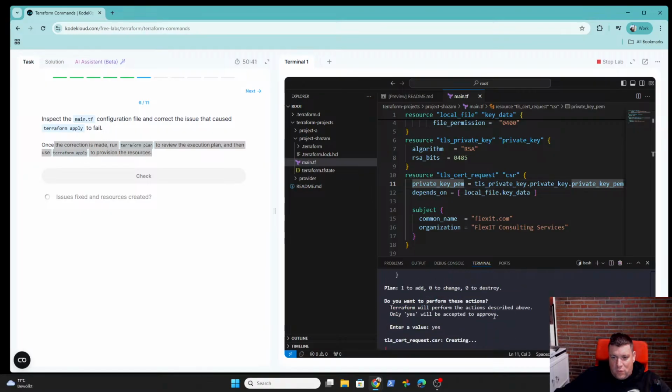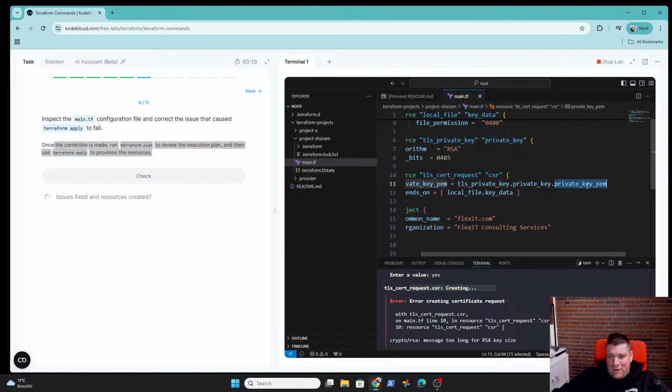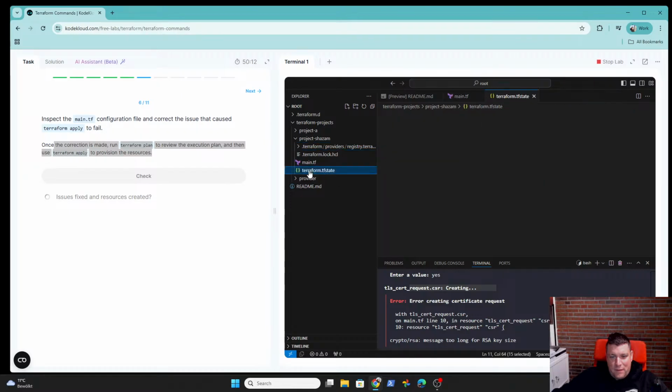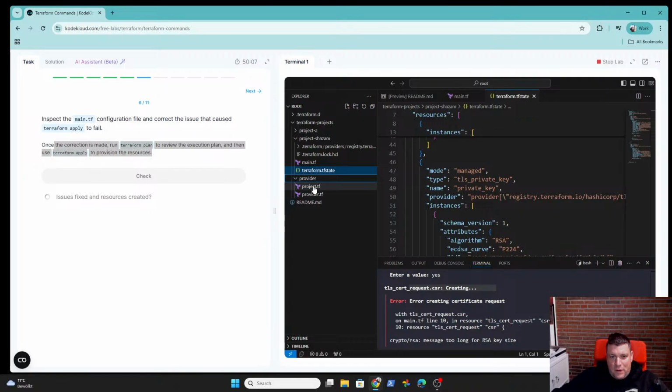But what is too long? Request, CSR creating. Someone of my followers who is very good in Terraform could help me with defining the key. TLS private key, PEM. I'm not even sure where the key is defined. It should not be in the state. Provider.